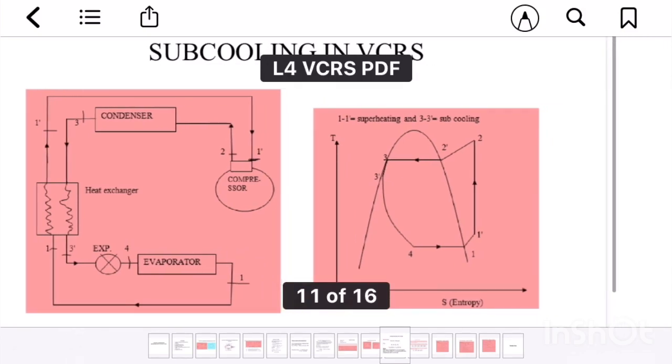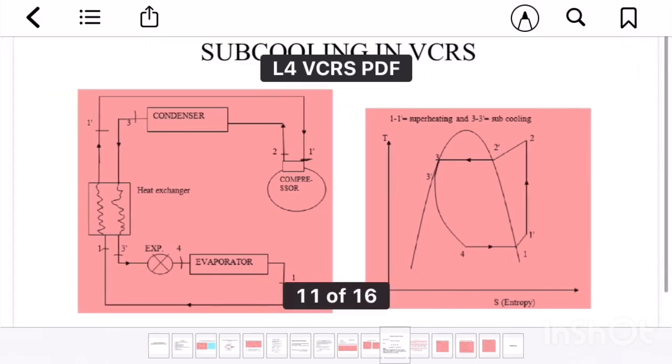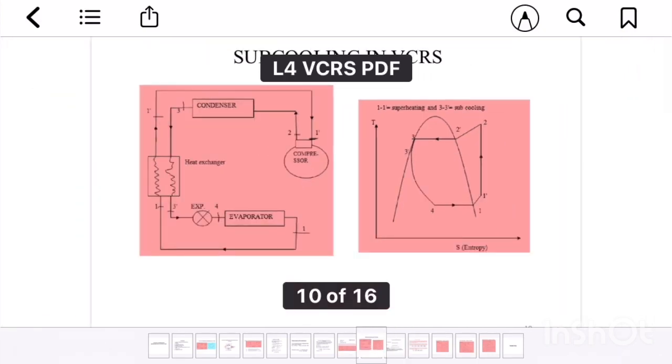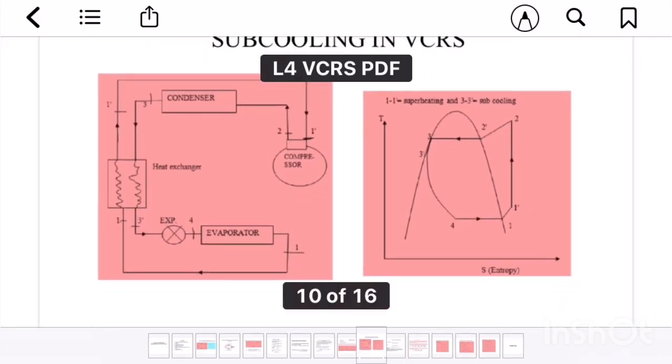The compressor compresses the refrigerant, then it goes to the condenser, where its phase changes, then it goes to the heat exchanger. So in subcooling, another component comes in, the heat exchanger, where heat is transferred from the liquid refrigerant coming from the condenser to the vapor refrigerant at the outlet of the evaporator. Here, from the TS diagram,